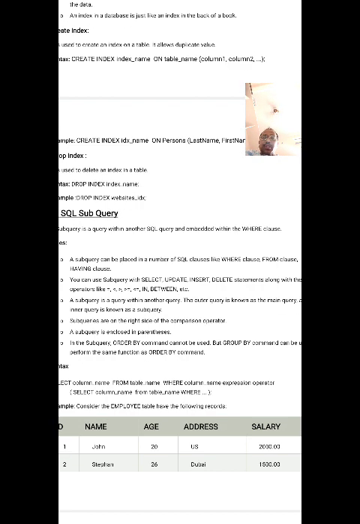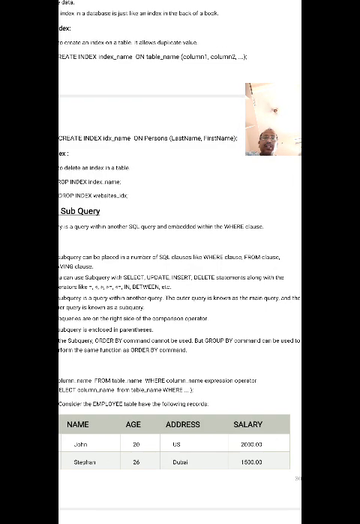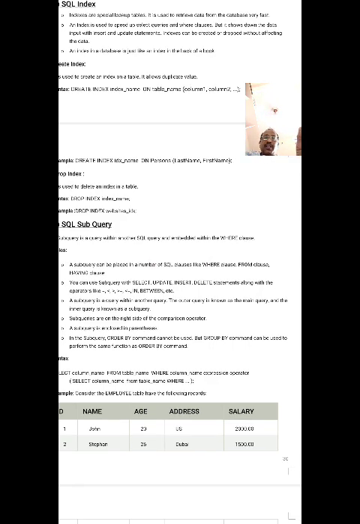You can use a subquery with select, update, insert, and delete statements along with operators like less than, greater than, is equal to, greater than or equal, less than or equal to, IN, BETWEEN, and so on. Don't worry, I will give an example for this also.